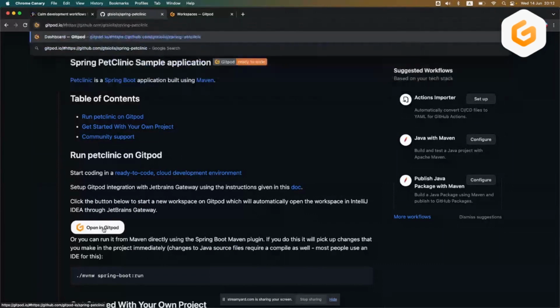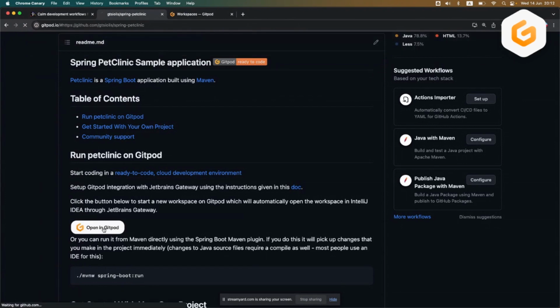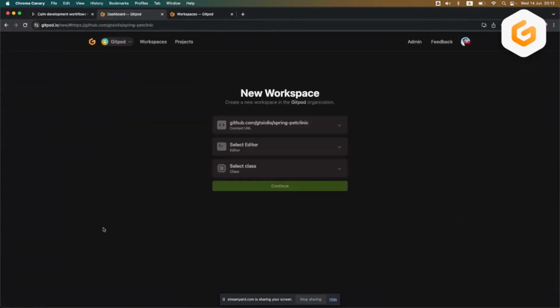I will try this here, just gitpod.io/# followed by the repository URL. When I click enter, I'm already logged in to Gitpod, and this will give a small nudge to select a different configuration like the editor or workspace class. When you click continue, you will see the loading phase of the workspace, which will also try to consume a pre-build if there is one.